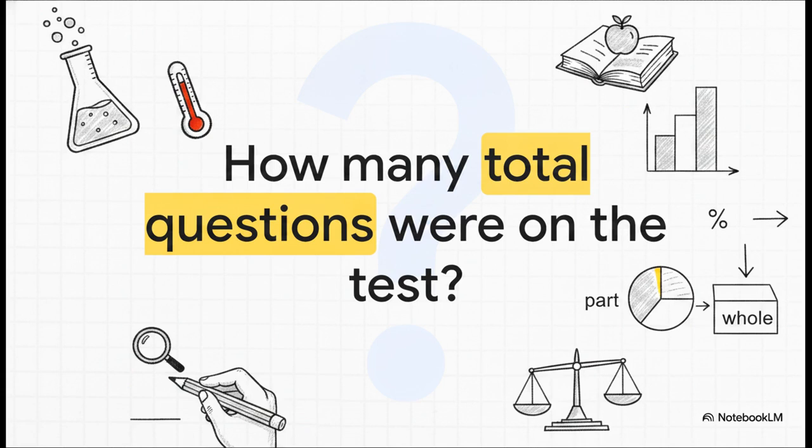Trisha gets a 72% on her science test. We know she got exactly 18 problems correct. So that 18 is our part, 72 is our percent, meaning the unknown is the whole, the total number of questions on the test. How are you going to use the percent proportion to find that total? Set it up. 72 over 100 equals 18 over x. Solve that, and you've officially translated this